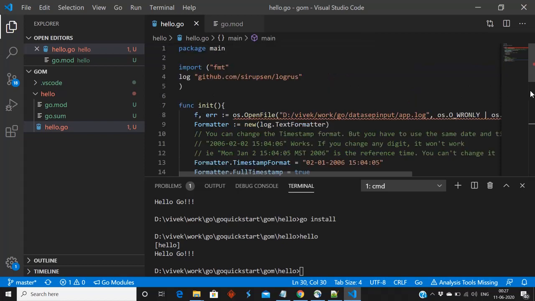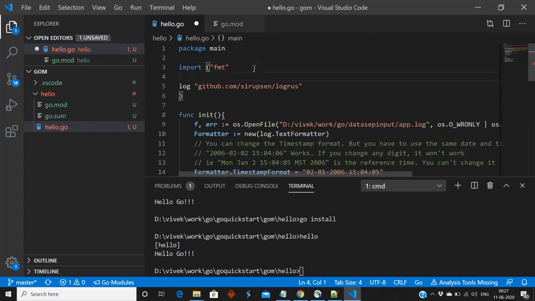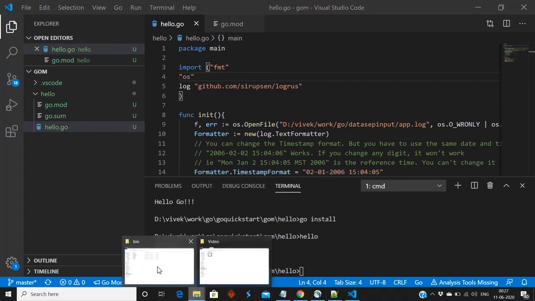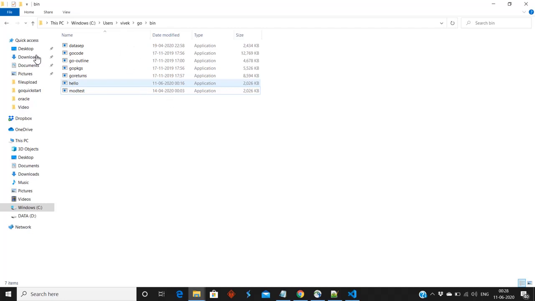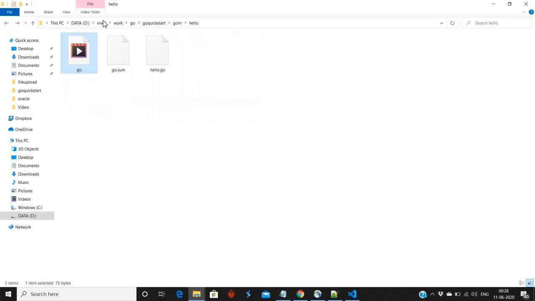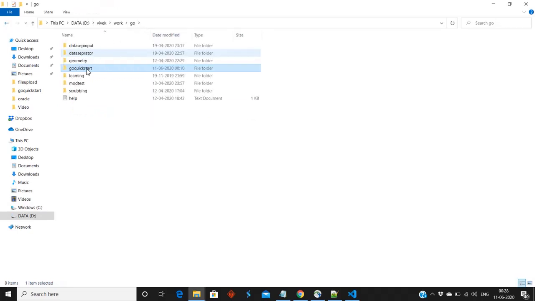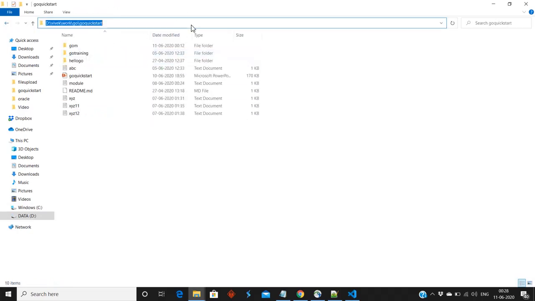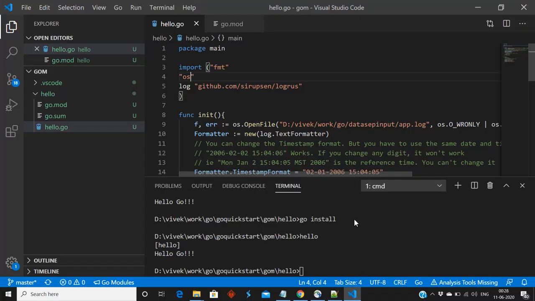Okay, we need OS, so we can add OS also. Now I want to create the log file here. Here my go quick start. I want to create the log file go quick start.